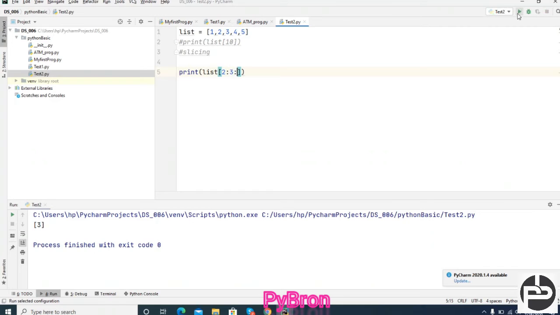And if you want to define stepping also, that is possible, that we already saw. So the syntax of slicing is like this: list, start point, colon, end point, and step. That's all. This is the syntax for slicing. I guess we already discussed this. No worries.